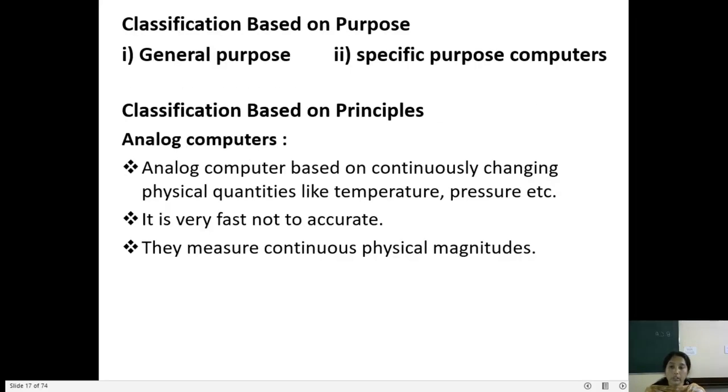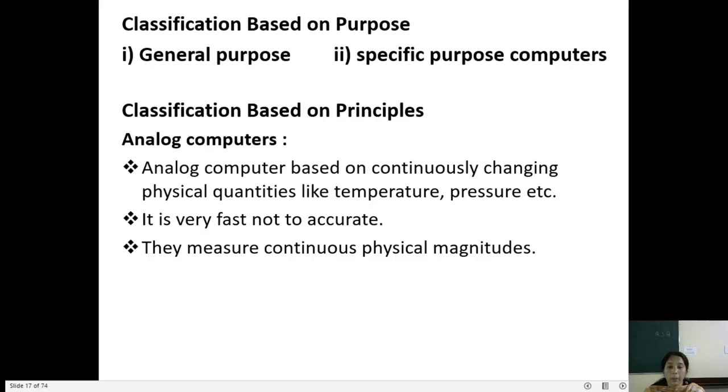And when we come to the classification based on purpose, computers are classified into general purpose and specific purpose computers. Classification based on principles: there are three principles that they majorly divided into, analog, hybrid, and digital. When you come to the analog, those computers